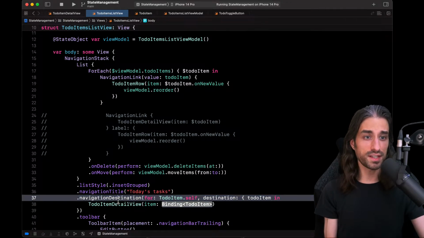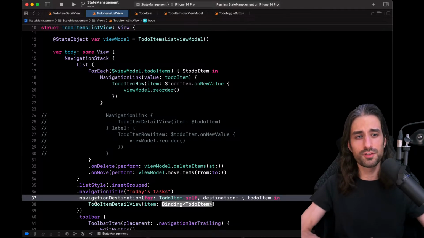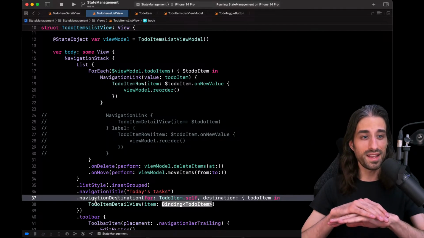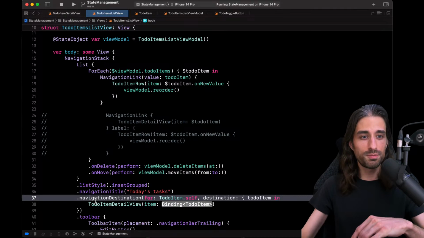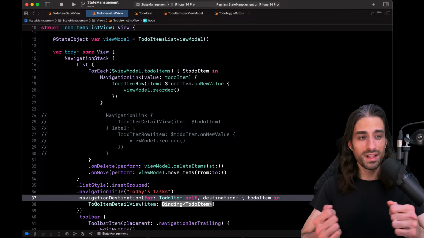You could still implement the same behavior as what we have here in iOS 15, but it would involve some hacky stuff. You would add a navigation link overlaid on top of a view with an empty view, so it wouldn't actually be displayed on the UI.